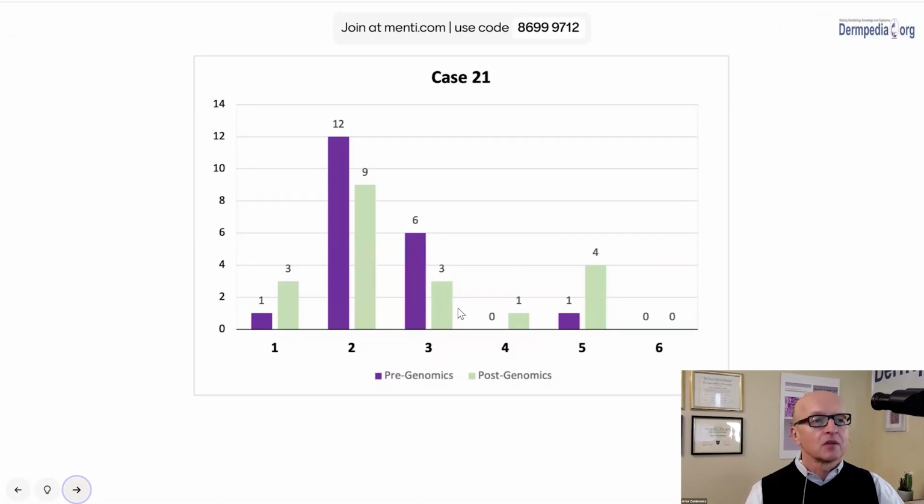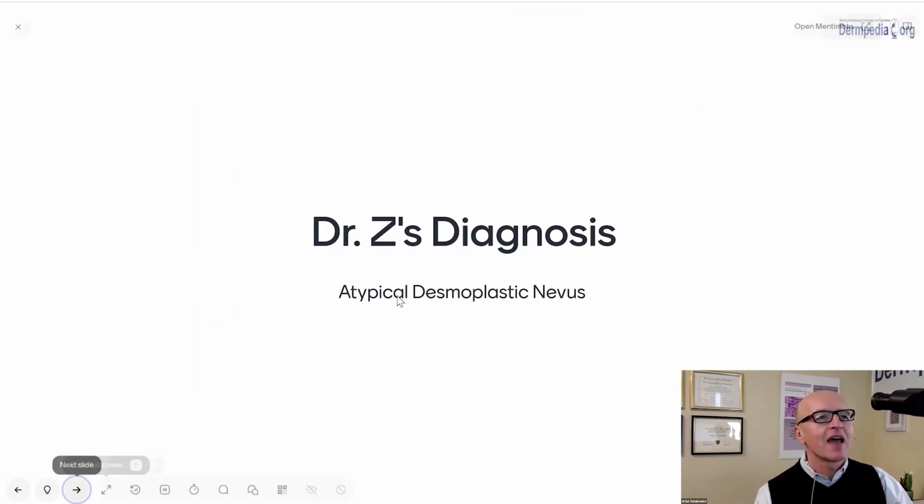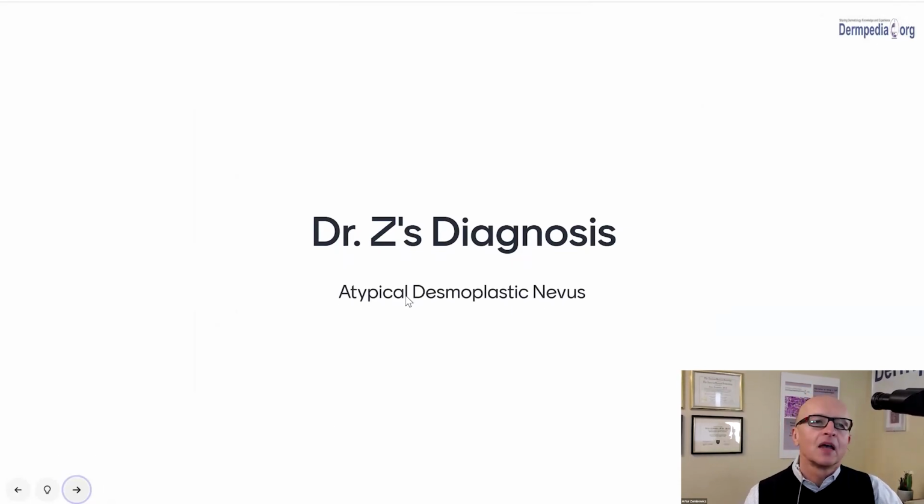And also the experts did the same thing: spitz tumors dropped, and there was a little bit of increase in the intermediate category, understandably, because we have this genetic information that we don't understand, and the natural response of a human being is to have some anxiety, right? That's what we do, and I think that's in play here as well. I react the same way. If I don't know exactly what the meaning of unknown is, I'm worried. So that's fine. And one could add a typical desmoplastic nevus.